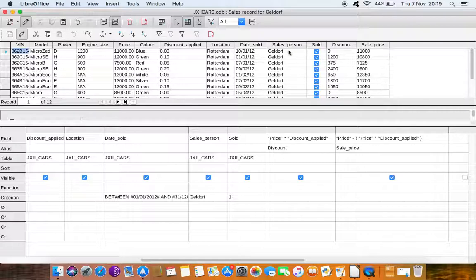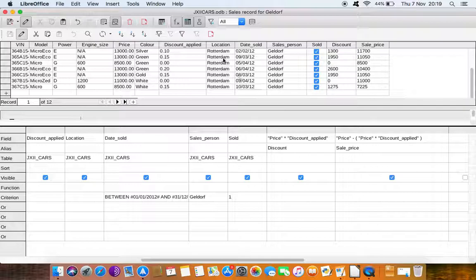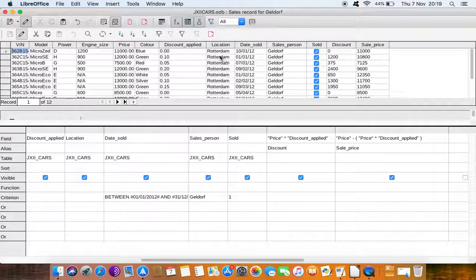So Geldorf sold 12 cars in 2012, and that was with these discounts and these sale prices at the end. So this is his record essentially, and you can see Geldorf is in Rotterdam, okay, in